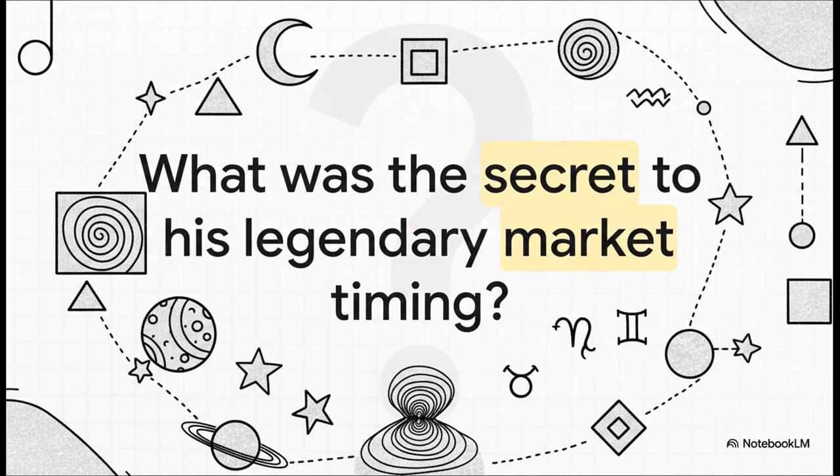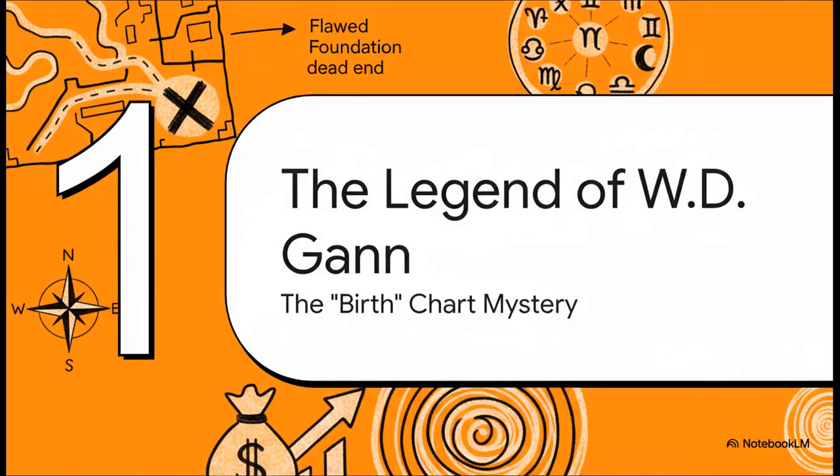For decades, right? People have been pulling their hair out trying to figure this guy out. His methods are wrapped up in all this talk about geometry and astrology, and honestly, it's a rabbit hole that's confused a lot of people. But it all boils down to one simple question. How on earth did he nail those market turns so perfectly? Well, according to our source, the whole problem starts at the very beginning. Most analysts and traders are basically using the wrong map from the get-go. And it's a map that Gann might have known was a dead end for everyone else, but not for him.